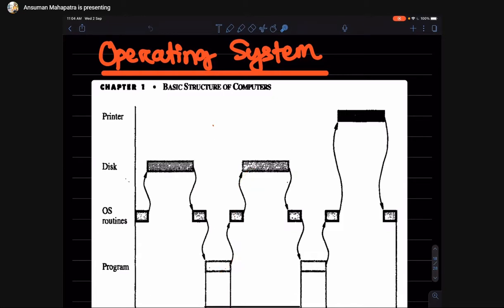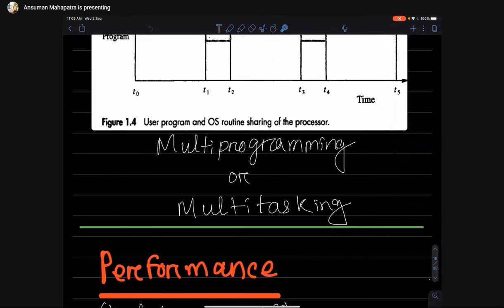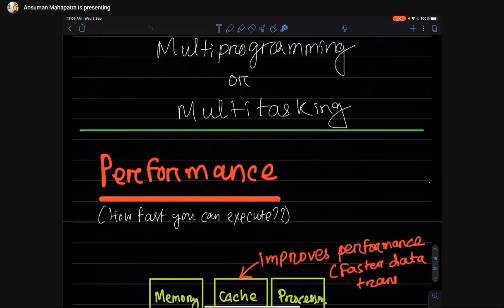Again the same thing will happen whenever we double click another program, it will come to memory. Sometimes it can go to the printer to print the output. So at a time in our system multiple programs are running, that's why it is called multi-programming or multitasking, because multiple tasks are going on in our processor.